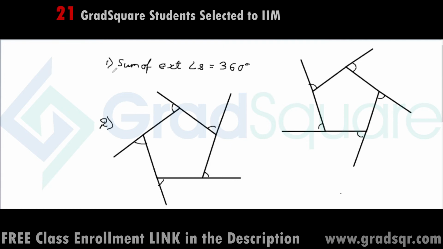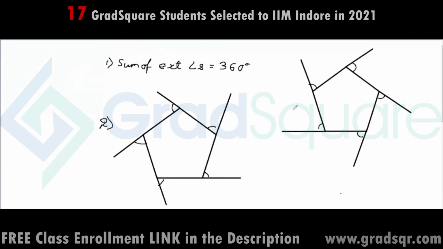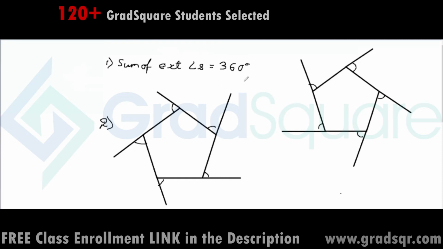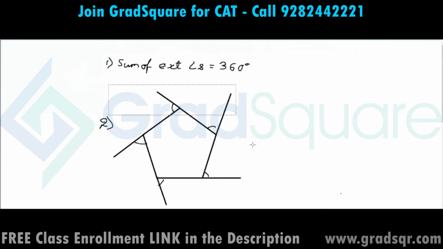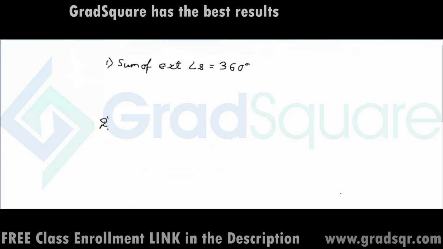The sum of exterior angles formed by producing the sides in one particular direction is 360 degrees. So when I produce the sides in the clockwise direction, their sum is equal to 360. And when I produce the sides in the counterclockwise direction, then their sum is 360 degrees. Okay. All right. That's the first fundamental property in polygons.